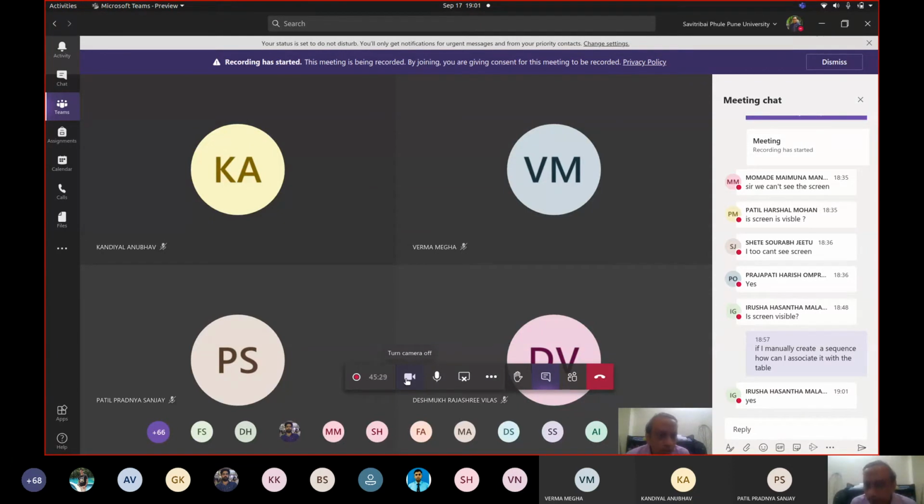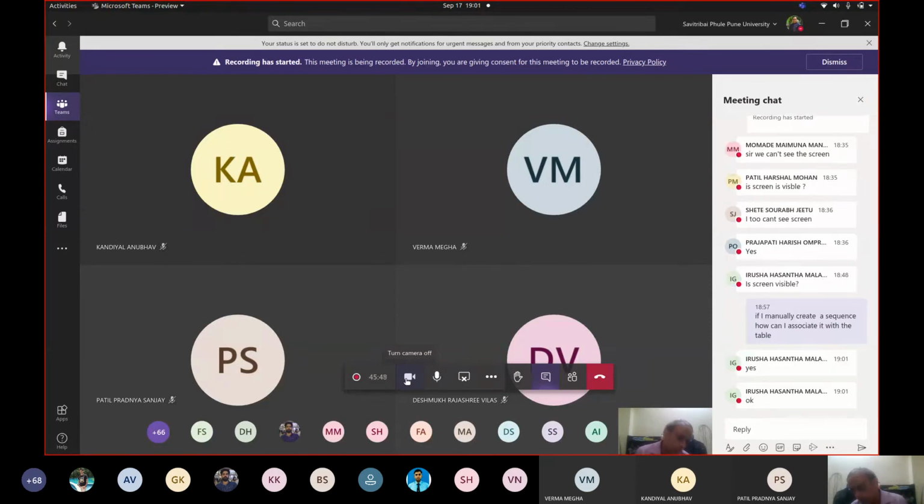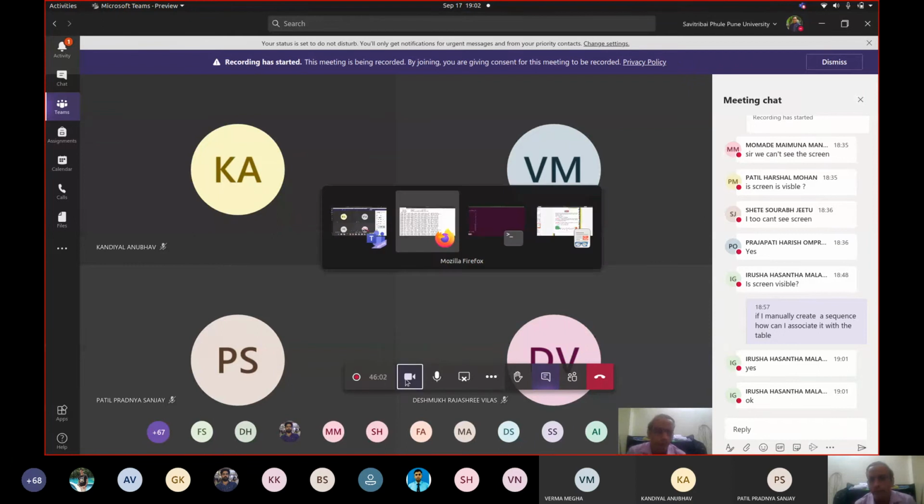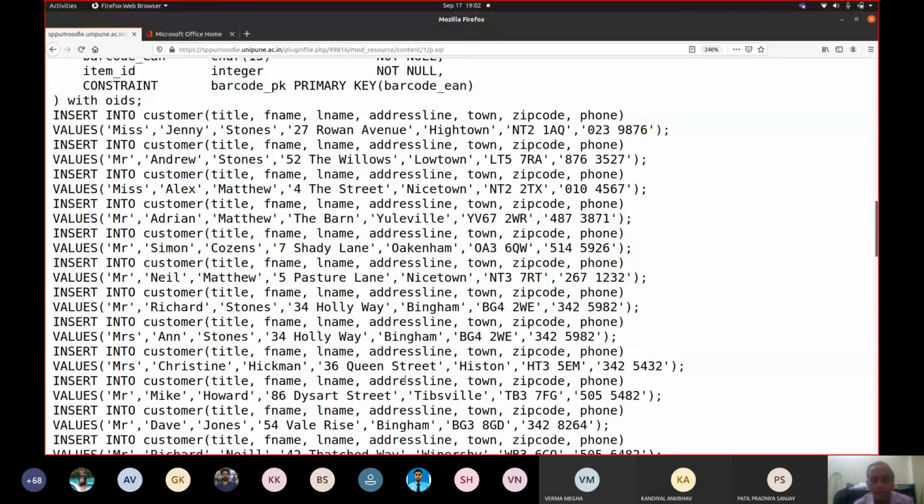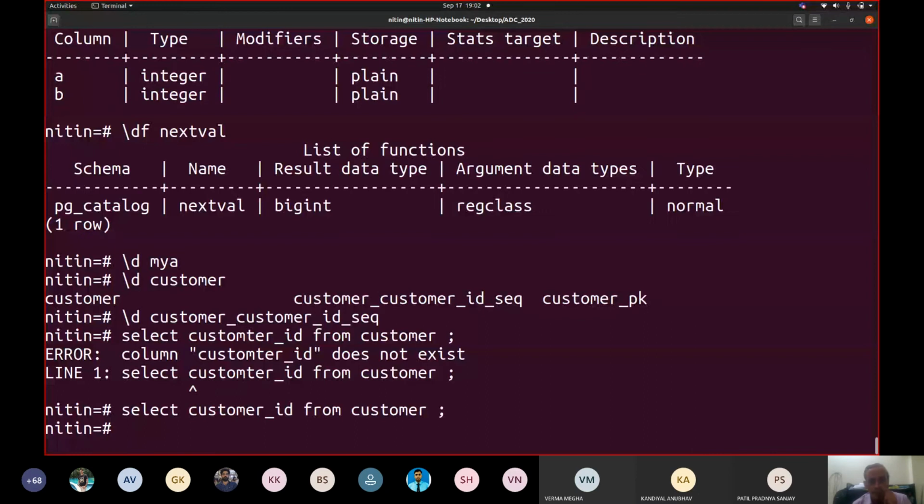You have to add a case or add a point for discussion into the discussion forum, where people will write their opinions about what can be done about this sequence part, what they understood from this sequence part. Is that okay? Good. So if you have any questions, you can ask me later. We'll try to discuss on that particular forum mainly to understand what exactly this sequence means. So I assume now everybody must have understood how this serial data type works.